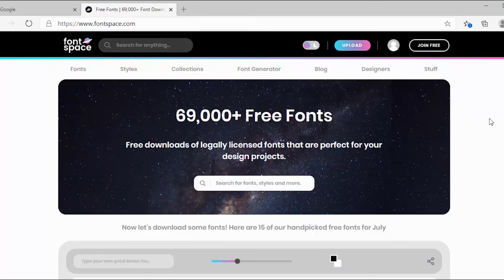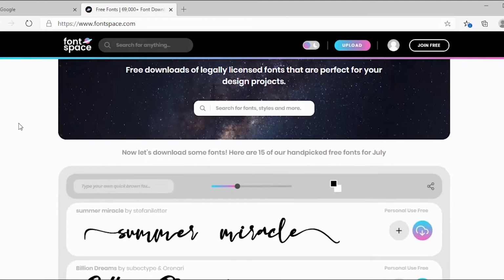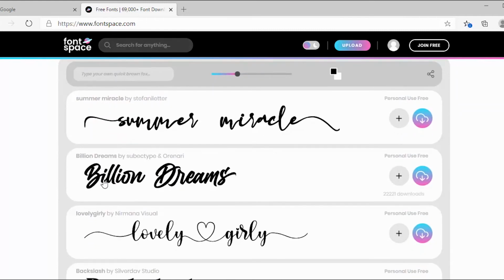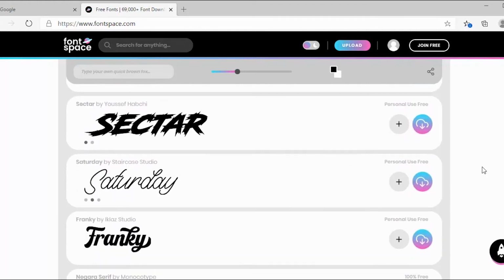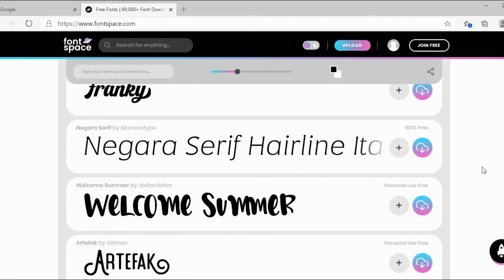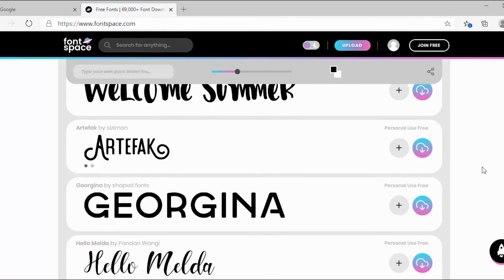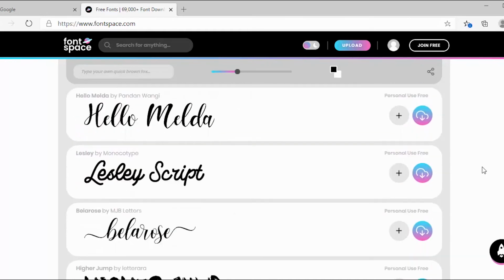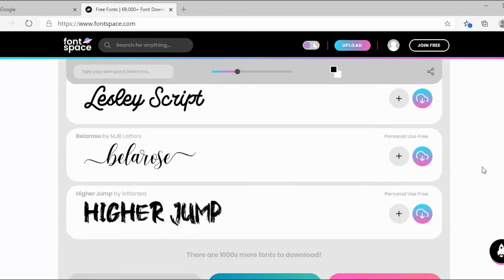Coming up next is fontspace.com. Let's download this font. This font is free for personal use.